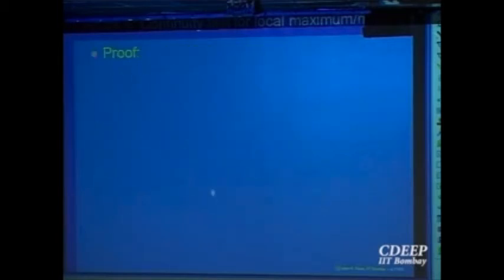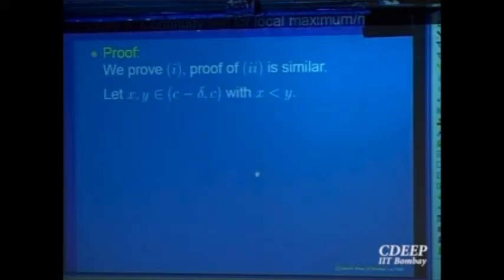So let us look at a proof. What are we given? We are given that the function is continuous. So continuity has to be used, right? So let us look at points x less than y. Look at the points x, y in the interval on the left of c. We are given that the function is increasing on the left, right? The function is increasing on the left. So look at 2 points x and y on the left of c.